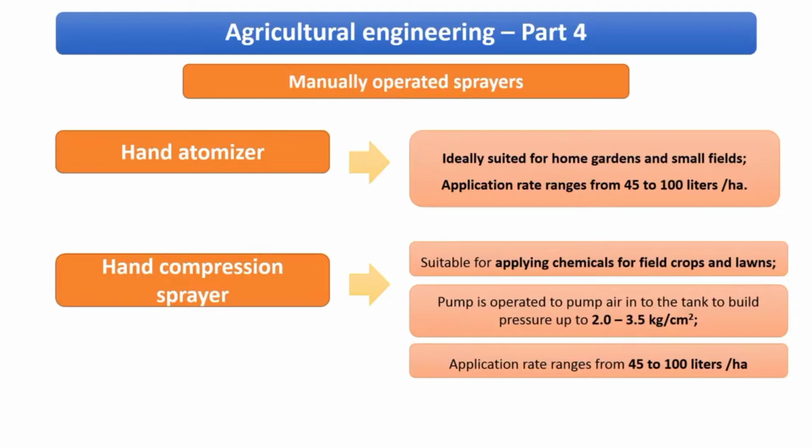Okay, so coming to the important points of it, whenever you're talking about sprayers, just understand there are 2 to 3 data points that are important. One is the application range or rate rather. Okay, so you can have a look at it here. That is how many liters per hectare is used. So that is one important data point that you need to look for in each of the sprayers that we see. The other is the pressure. Basically, in some of the sprayers the pump is utilized and there is a particular pressure at which the pump operates for the liquids to come out. So that pressure you need to know.